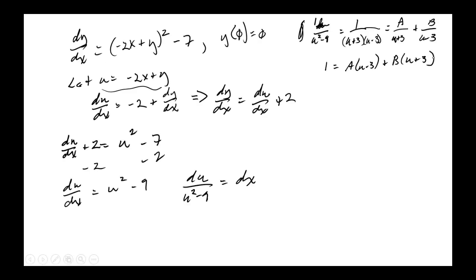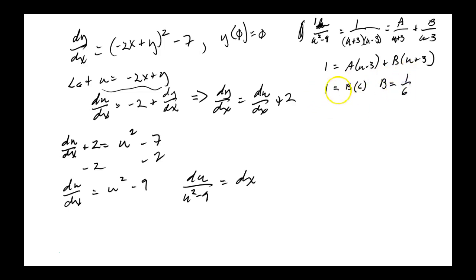Okay, and then you do something that's really a big trick. Just say u equals 3 (or negative 3). When you set u equal to 3, what do you get? 1 is equal to b times 6. So b is equal to